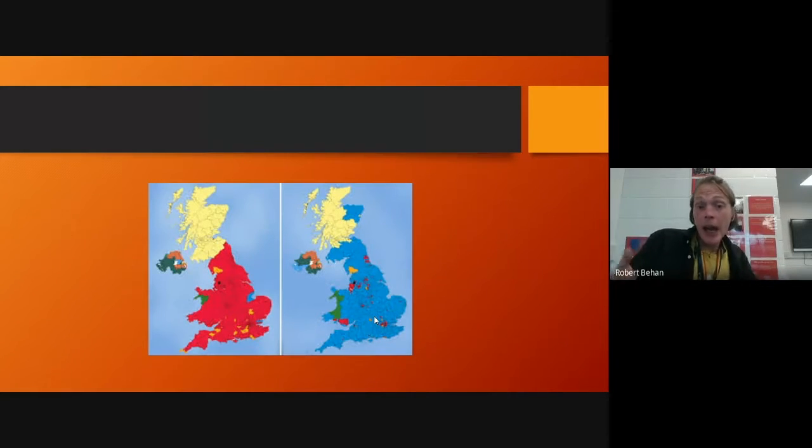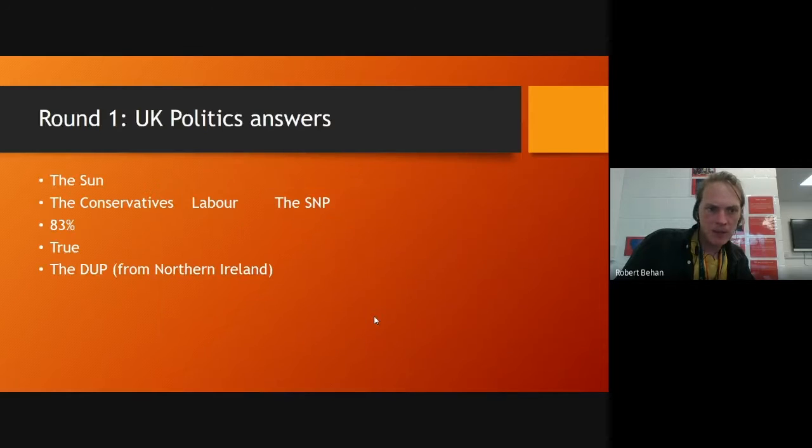So, a clear age divide between younger constituents in the country and older constituents in the country. Older people tend to vote for the Conservatives. Younger people tend to vote for Labour. Why is that? It's another question which we have a bit of a discussion about in politics class. So, things to think about there. Generational divides in politics.